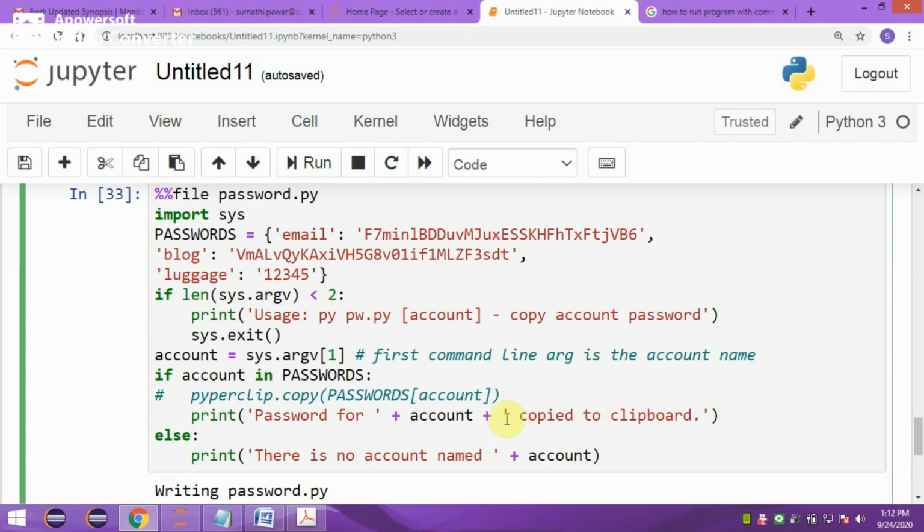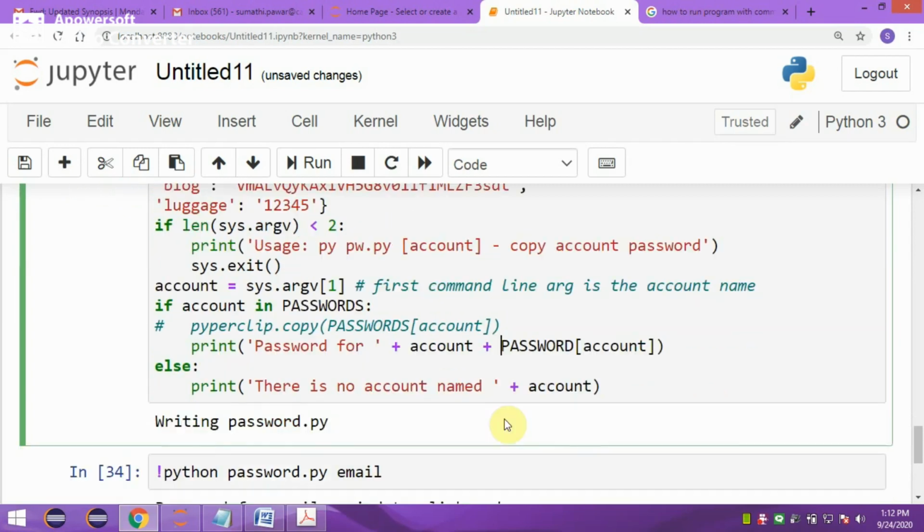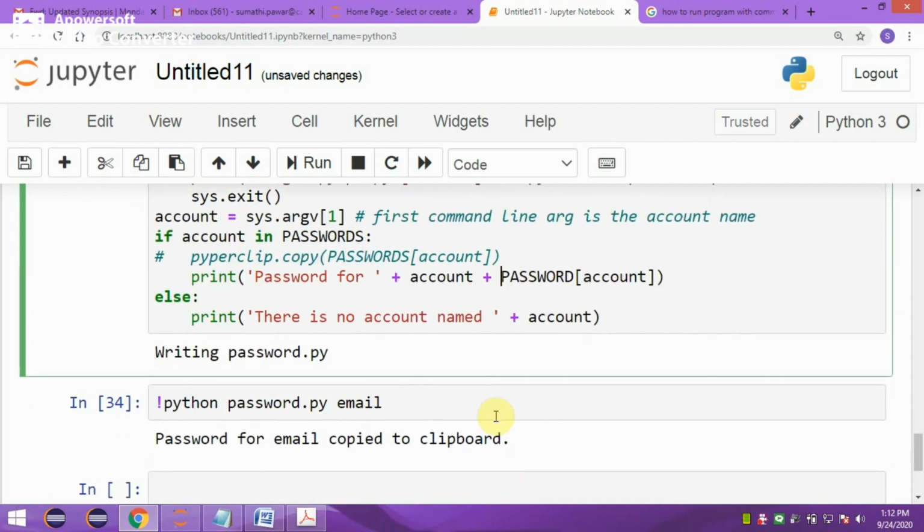To display that password here, give the dictionary name passwords, and in square brackets you give that account name, account. Now it has to display the password here when you try to run this statement.